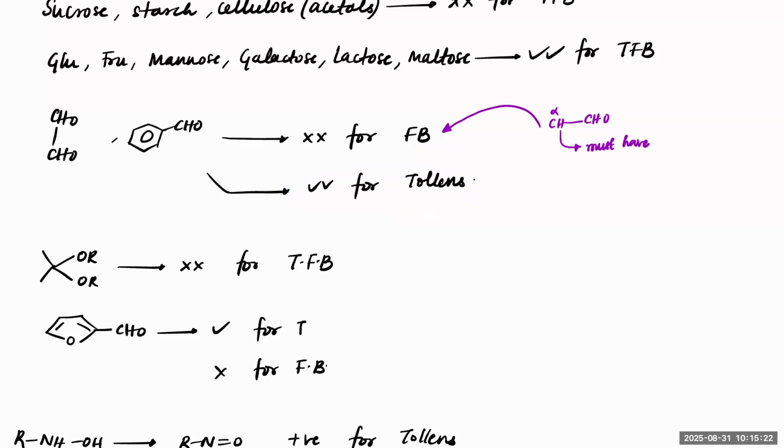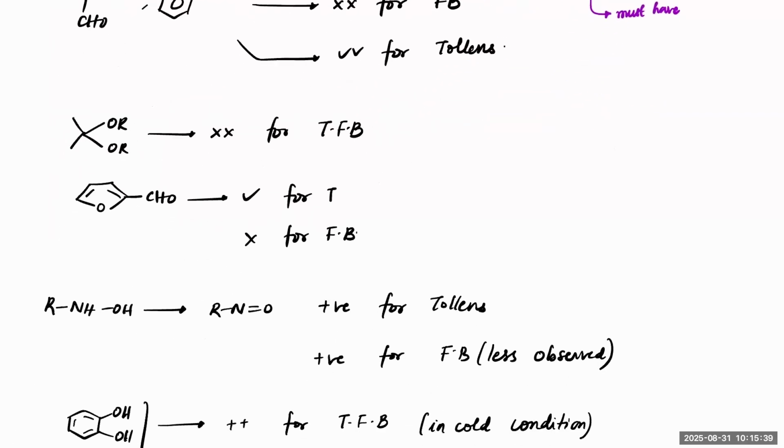So, girls, very important statement again. The only place where we can differentiate Tollens reactions from Fehling's and Benedict's is when you react with benzaldehyde or glyoxal. Okay, understood? Right. Next,